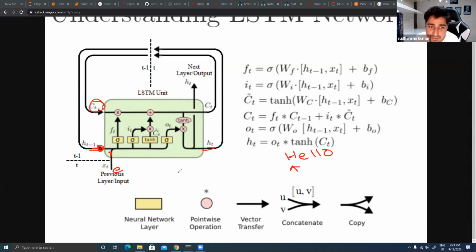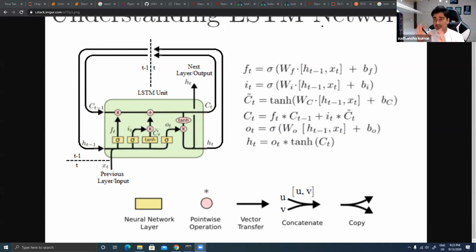So basically it always runs on a time axis, starting from time t equal to 0 up to time n, depending on the total number of inputs that you have, and it will keep on sending data.